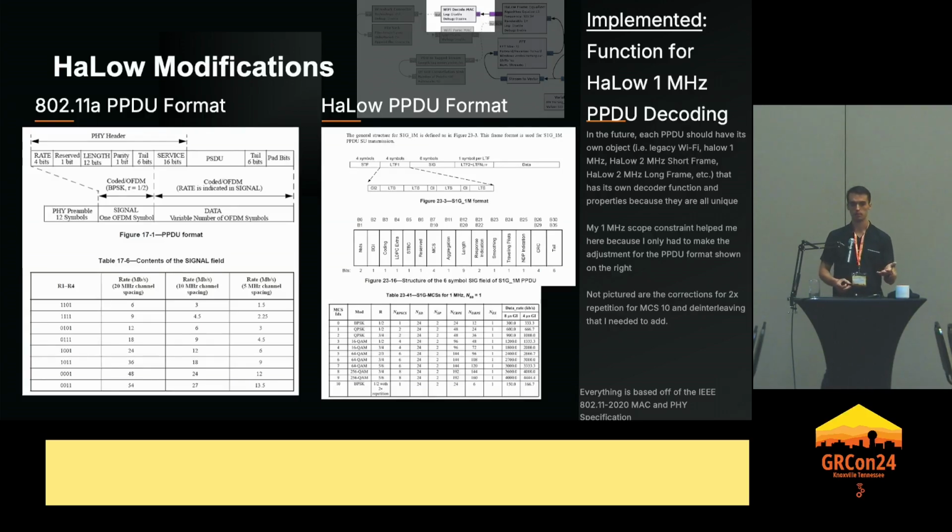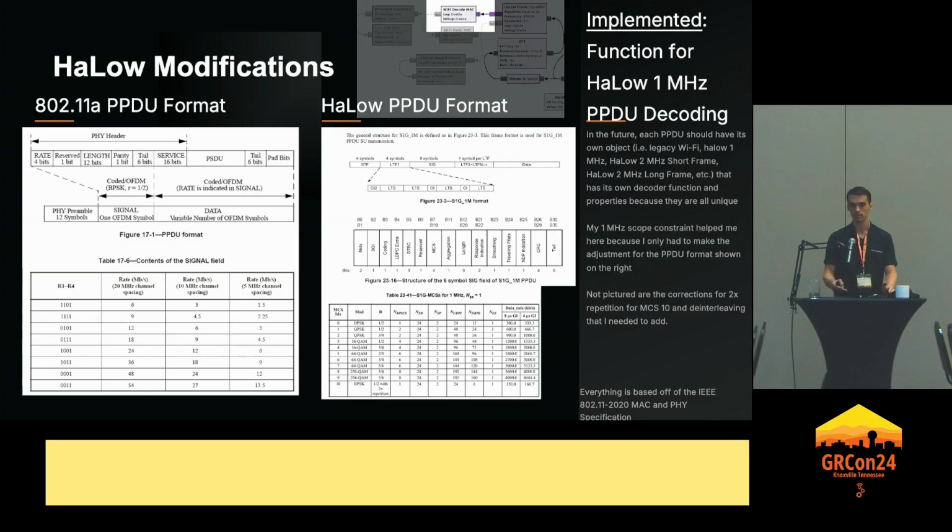So while I did get the deserializer for this written up in C++, I wasn't getting reliable receive detections, which was telling me that there was something earlier in my flow that was going wrong. So somewhere between detecting the Halo packet from the scanner and taking it out to bits in the signal field.